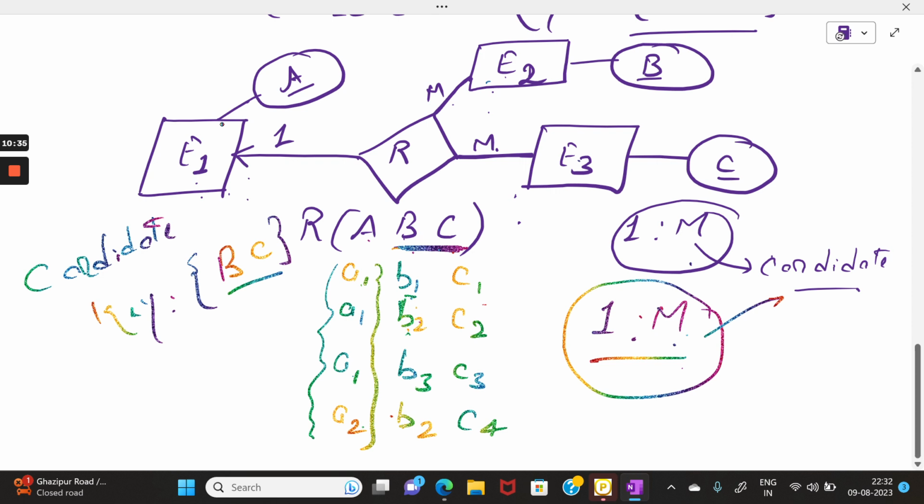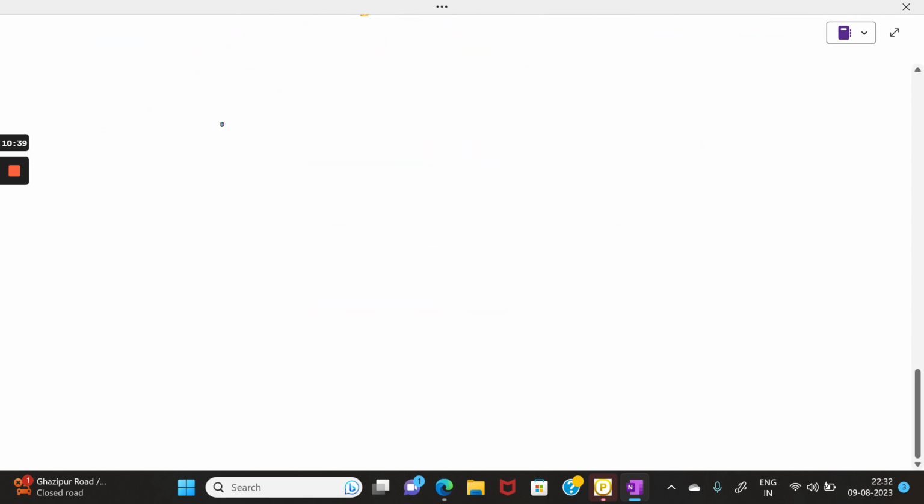Okay, let's see another example. There is a question of the ER diagram, and we have to pick the correct ER diagram for the given specification. So the specification here, the question specification here, is